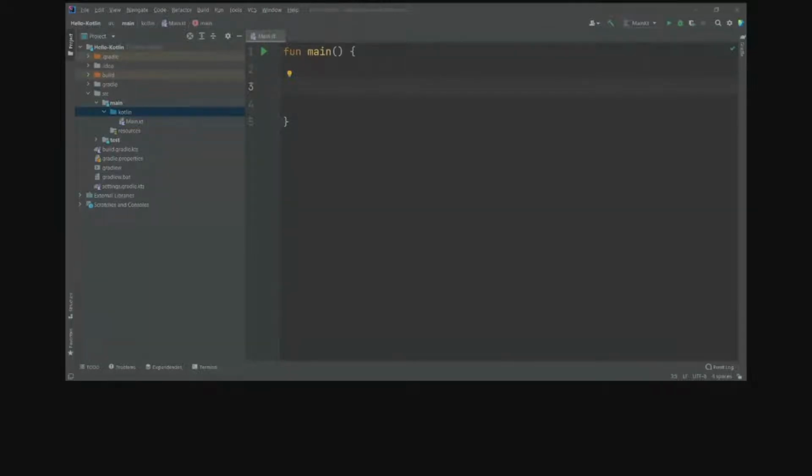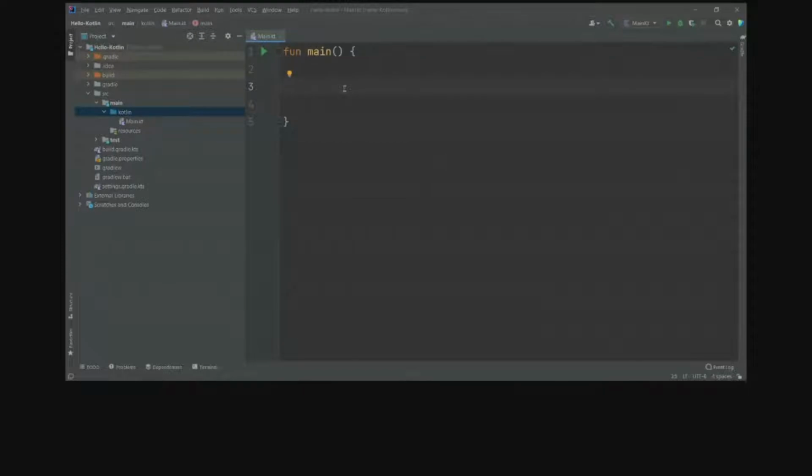Okay. A small question for you all. What does a programmer do when he or she picks up a new language? Can you answer that? Yeah, you're right. Hello world. So we'll see how we can print a hello world in Kotlin.